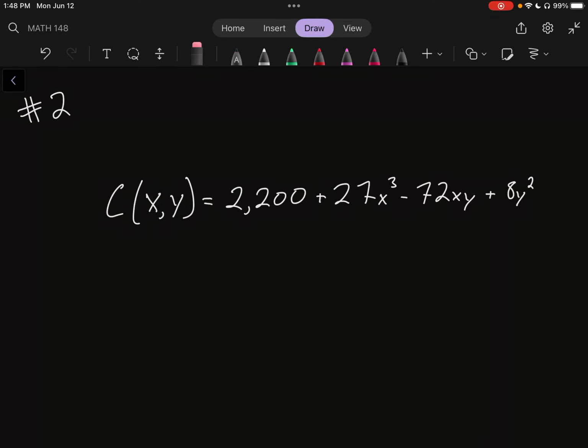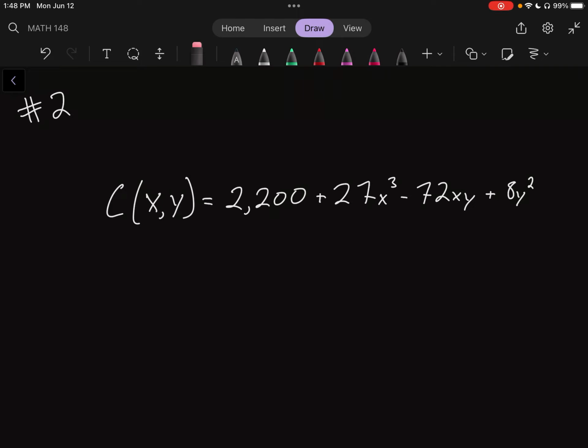This is problem 2 of the final video assignment. It says a company is developing a new soft drink. The cost in dollars to produce a batch of the drink is approximated by this cost function, where X is the number of kilograms of sugar per batch and Y is the number of grams of flavoring per batch. All right, part A asks to find the amounts of sugar and flavoring that result in a local minimum cost